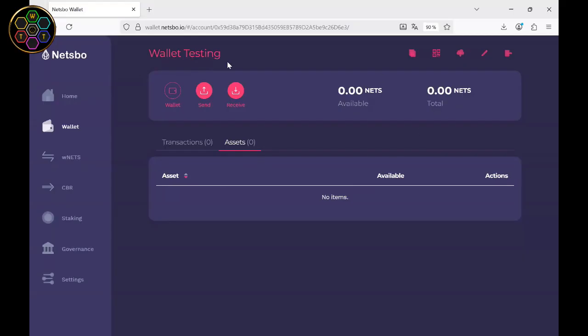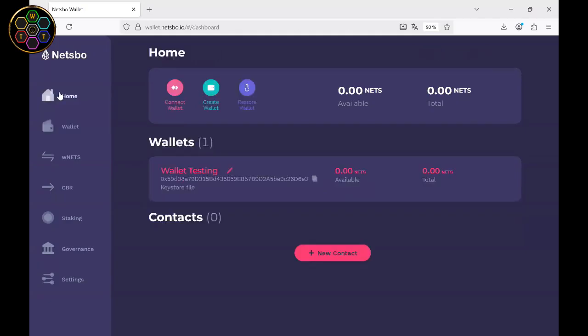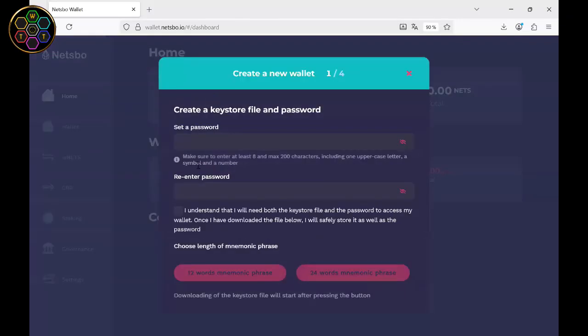I will not connect this wallet to the RSL Coin, the digital shares from Renaissance Space Lab. After this one, I will create a new one, and I follow the same steps. The password, confirm the password, click the button here, select the 12 words, and again the same steps until you